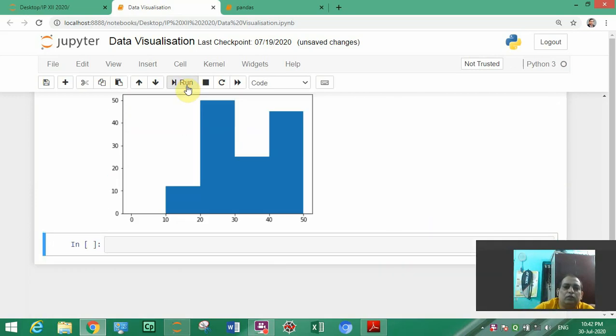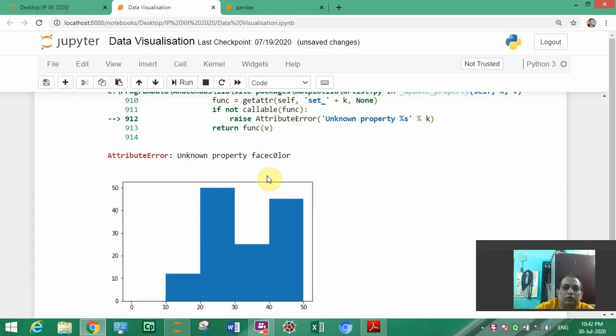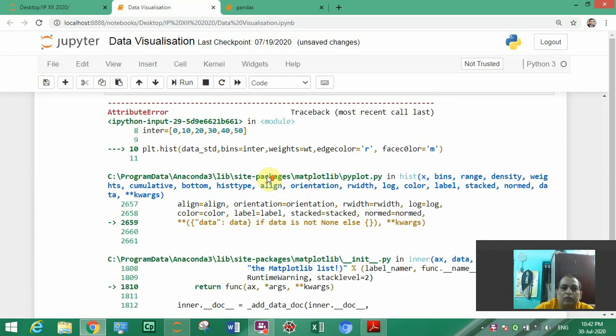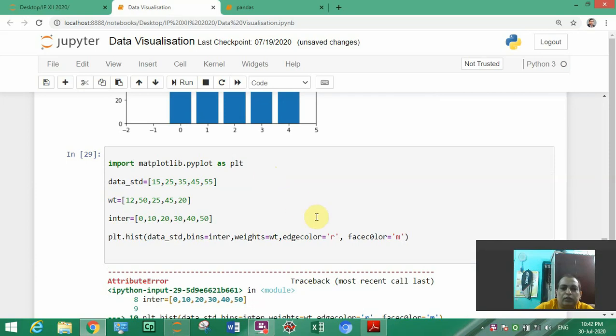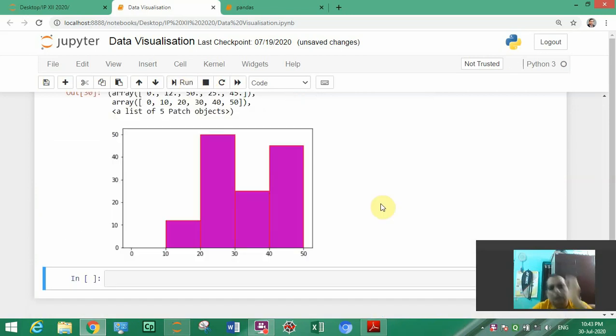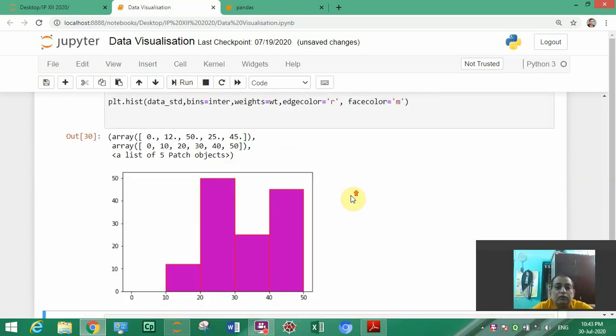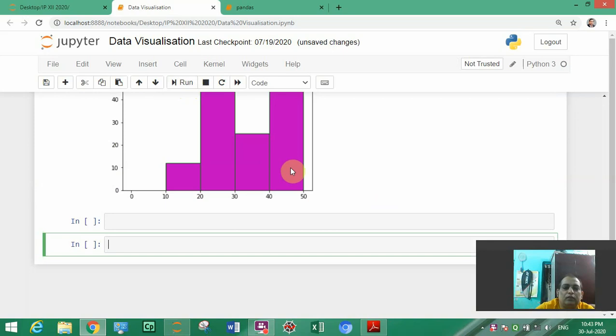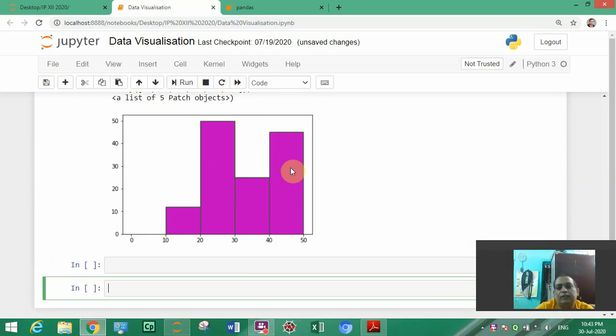It says unknown property facecolor, a spelling mistake may be there, yes, it should be O instead of 0. So like this you can change the color, and here you can put green edgecolor, so that it will come like this.